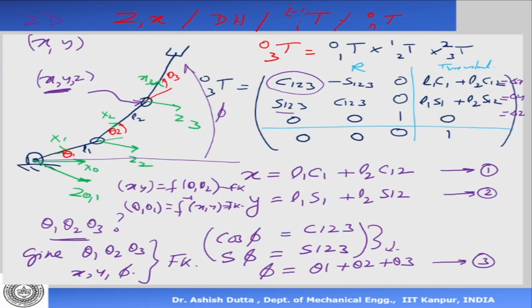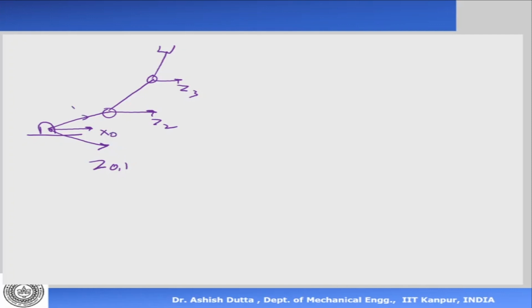Now let's look at an example, the same example. So we have this 3 degree of freedom manipulator. Now let me draw the 3 degree of freedom manipulator again. Now how do we proceed to do the forward kinematics? First you assign the axes z0, z1, z2, z3. I've done this a lot of times. Then x0, x1, x2 and x3. Then these are the link lengths L1, L2 is given, right?